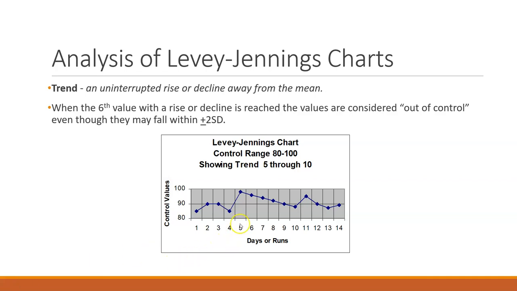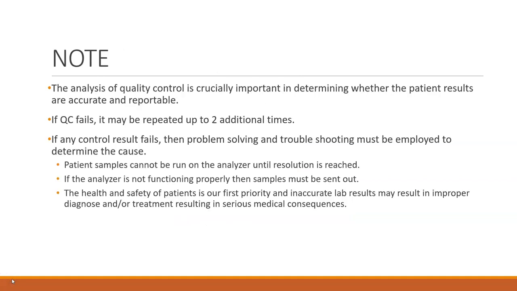So if we look at day 5, we see that it went up and then it's slowly coming down, but it's not bouncing around like we would expect a normal LJ chart to do. So this indicates there's a problem. What you want to do when you have a trend is do some troubleshooting on your equipment to determine what is the cause. The analysis of quality control is crucially important in determining whether the patient results are